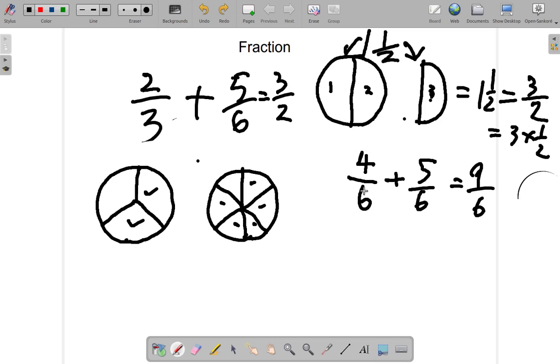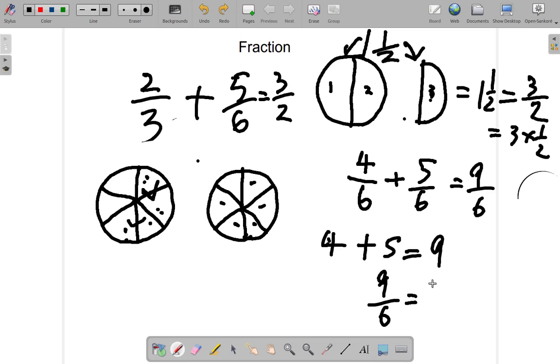Now, what we have here is 4/6. So we need this circle to be in 6s. We divide each third in half and get 6s. 1, 2, 3, 4, 5, 6 equal parts. Now here, this 1/3 covers 2 sixths, and this 1/3 also covers 2 sixths. So we have 1, 2, 3, 4. 4 sixths plus 1, 2, 3, 4, 5 sixths that we had looked at earlier. So it's 5/6. 4 and 5 is 9. And it is 6s that we're counting. So we have 9 6s,